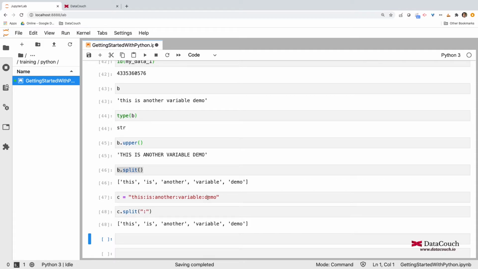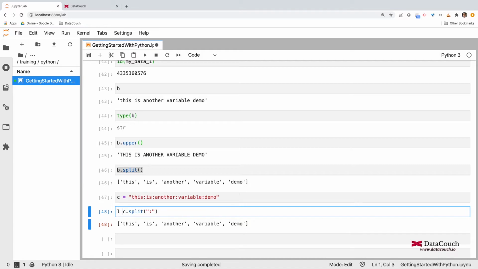So the string is unstructured, because strings are unstructured, but we are looking for some structure in the string. The structure in the string is the colon. Using the colon, I am able to split the data and I am getting structured data. And a list is considered structured because you can refer to this list.